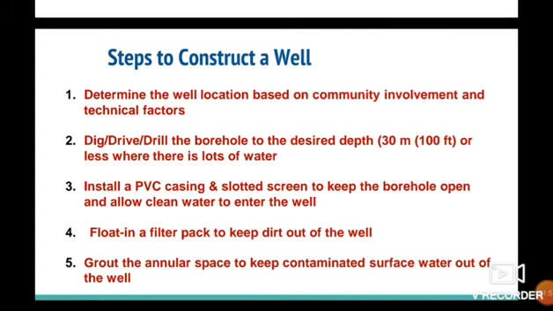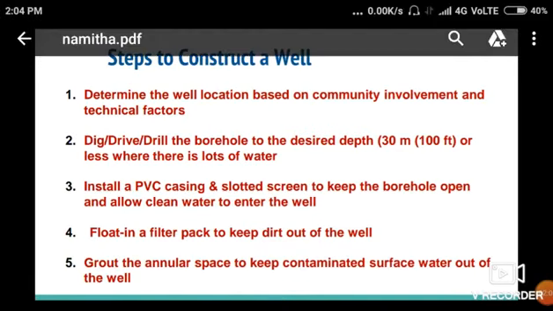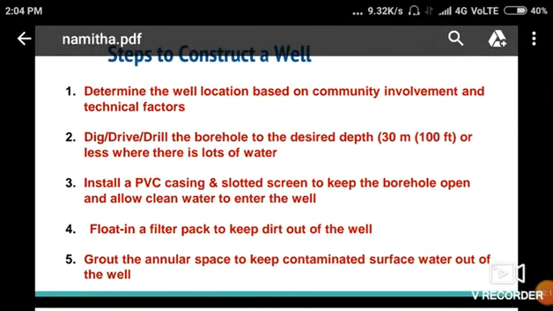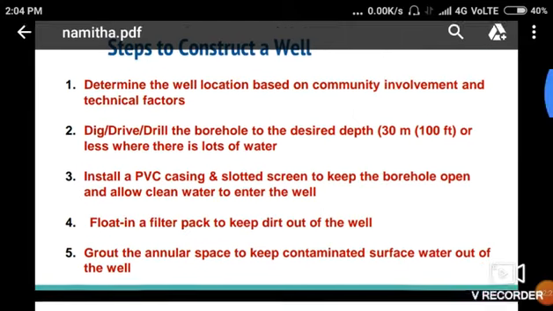Along with the casing we have to insert another thing, that is the well screen. They are slotted screens which are used to filter out the water. Those screens also we have to put at the very bottom of the well. And the fourth point is, you have to give a filter pack, a gravel pack, wherever necessary. When there are very fine materials, we have to provide a gravel pack at the bottom and in the annular space between the hole and the casing.